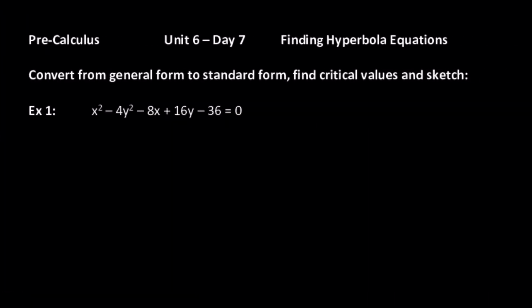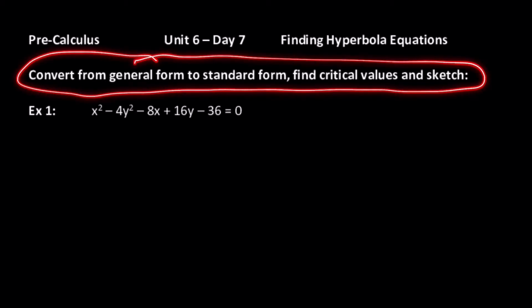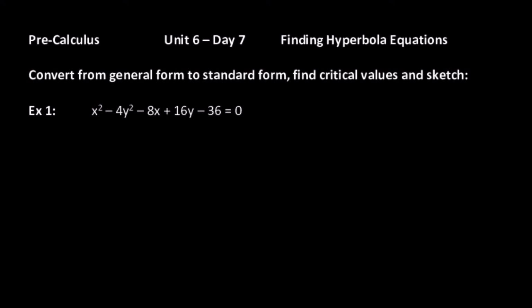Convert from general form to standard form, find critical values, and sketch. And that is pretty typical of what you can expect to see at the end of the unit on the exam, review, work session, so on and so forth. It will not specifically tell you what type of conic section it is, and it'll say find critical values. So we just need to have an understanding of what is expected and what type of conic section it is